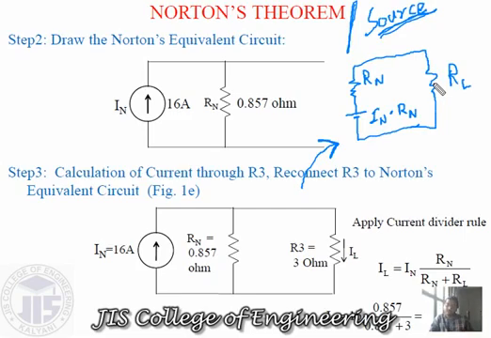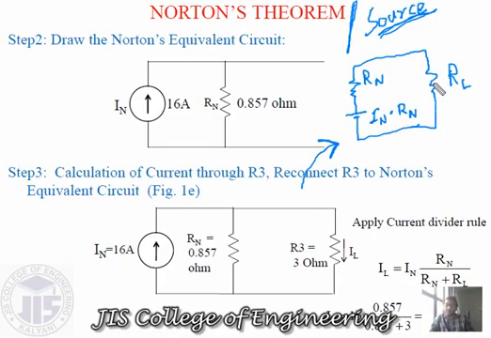So in case of Thevenin's theorem we find the open circuit voltage, and in case of Norton's theorem we find the short circuit current. One is the voltage and the other is the current. The next thing is the Thevenin resistance or the Norton resistance. This is the same thing. For either one, after removing the load resistance, we look from the load side, and at the same time we remove all the sources, replacing them by their internal equivalent resistance.